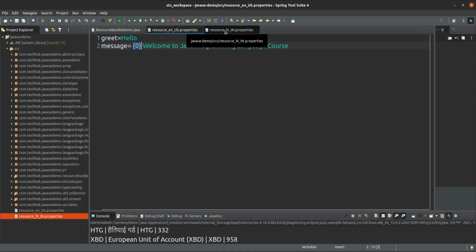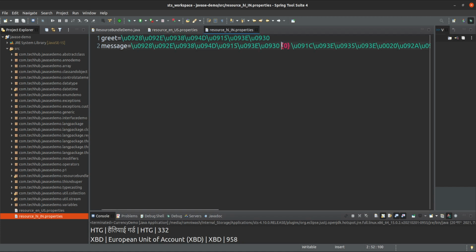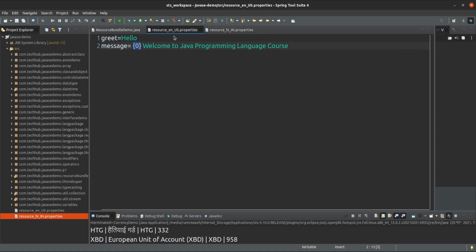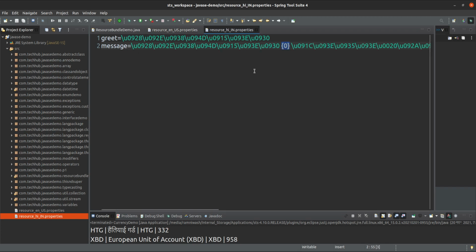In Hindi also we have given the positional param, because the grammar rule for each language is different. In English the positional param comes first, but in Hindi it comes in the middle, or it may come last in some other language.